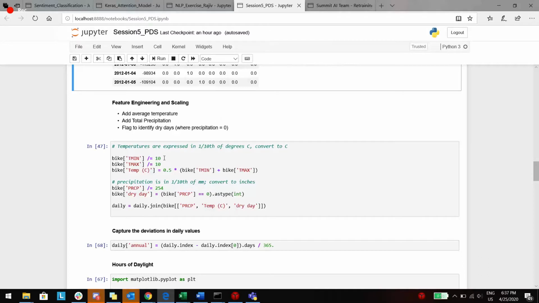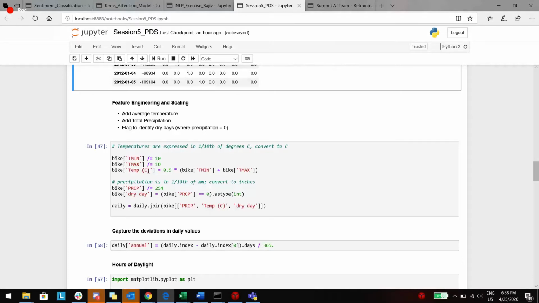Now if you go through the data, the temperatures are given in tenths of a degree Celsius, so we are dividing this by 10, which will give the degree Celsius.